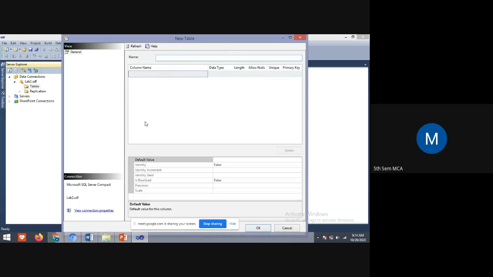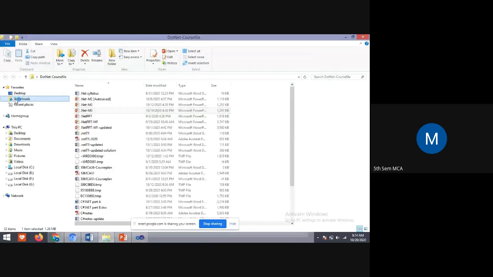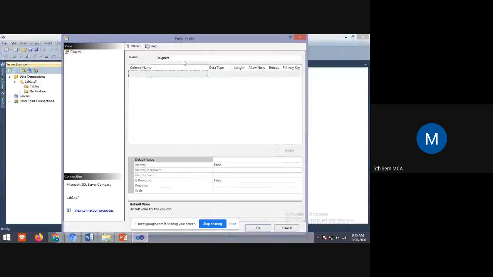Here I give the table name, that is, let me check the database. Okay, designation. I'm giving the table name, and here I'm inserting the values. Column name, that is